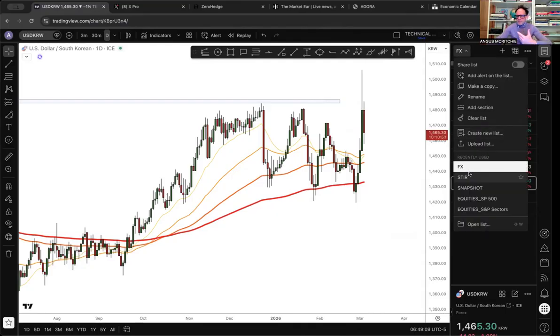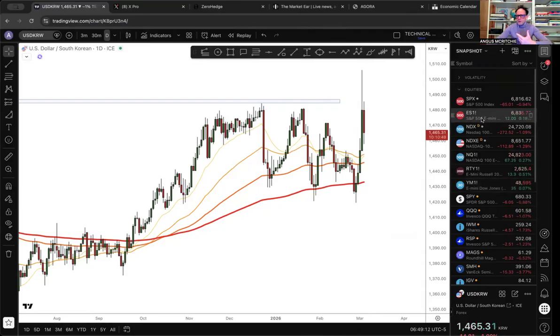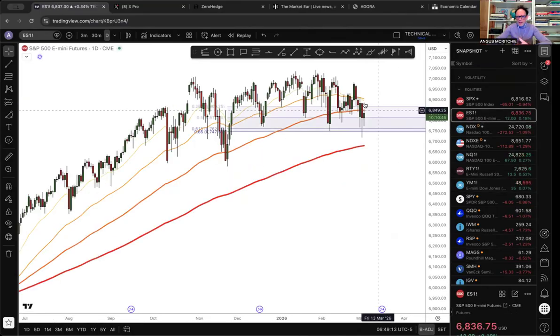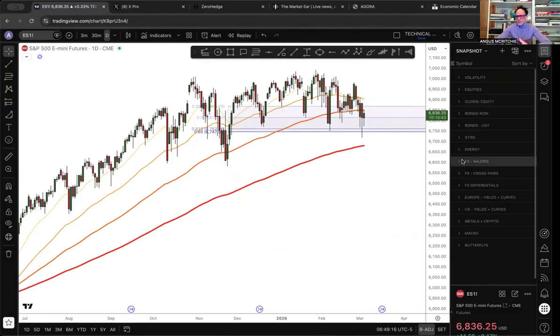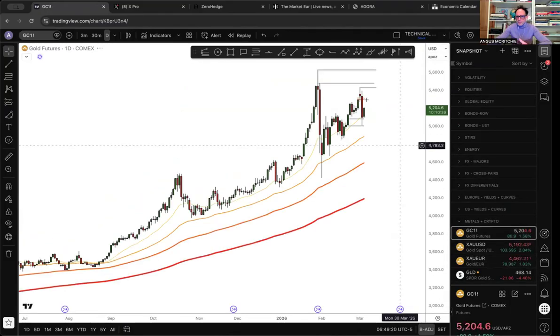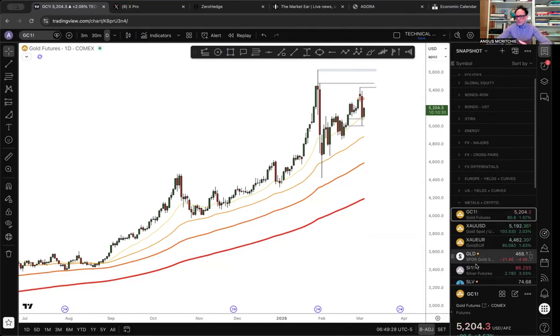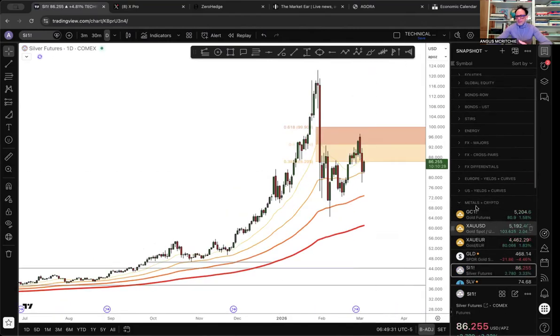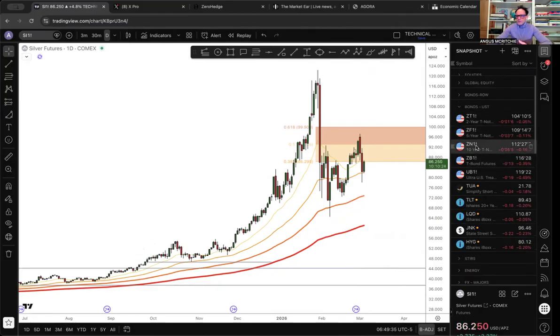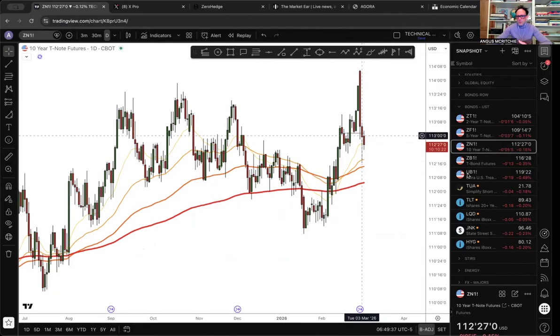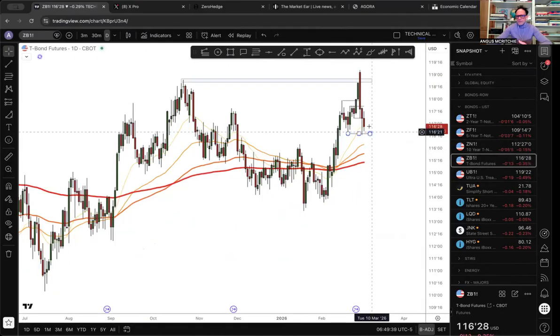And what do I mean by that? We start seeing a situation where yesterday, for example, we saw equities falling, but not only equities. We also saw gold falling as people scramble for margin and just for liquidity. So also central banks may be selling some of their gold. So you see gold falling, you see silver falling, had a big fall yesterday. And of course, not acting as a safe haven, you're going to see something like the 10-year, the ZB falling. And there's the ZB there and the ZN.